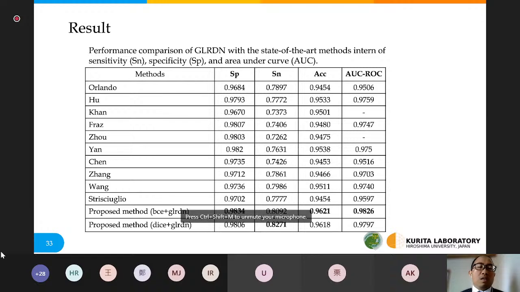So here we only use specificity and sensitivity, accuracy and ROC, because almost all research work in this field only reported the work using these measurements. So we don't have data to compare with other measurements like Jaccard, F1 score and precision recall curve. So here, our proposed method gets improvement or comparable results with the other existing methods.